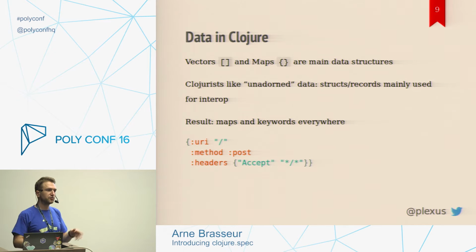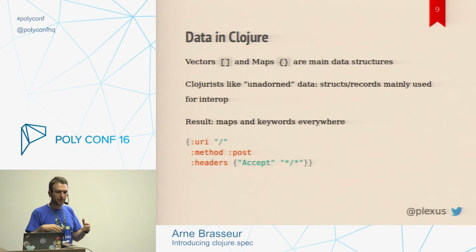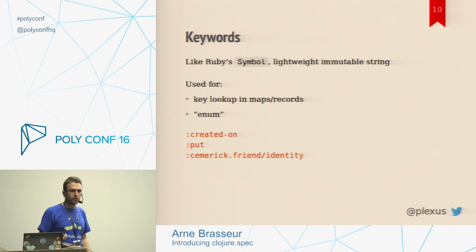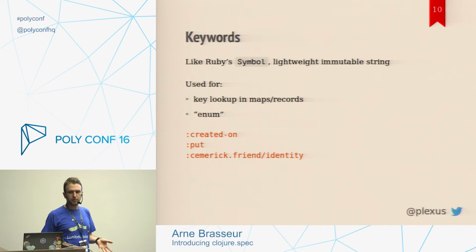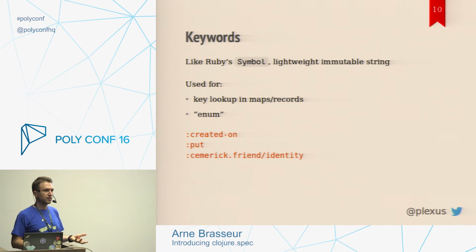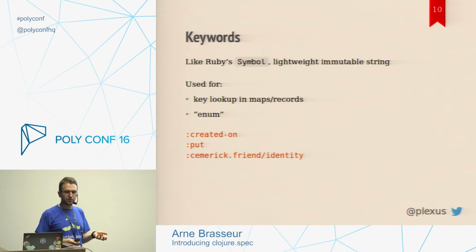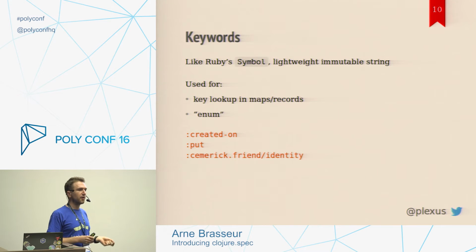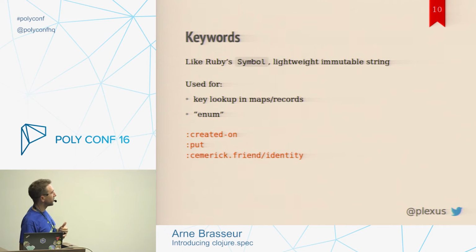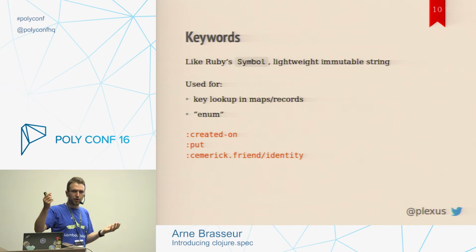And what is typically used as the keys in these maps? Those are keywords. Some of you might know Ruby but not Clojure, so they're very similar to Ruby symbols. They're basically lightweight, immutable strings, so they're very easy to use to do key lookup in these data structures. They're also used anywhere where you would use an enum in a language that has enums. There are some examples at the bottom here, so you write them with the colon first